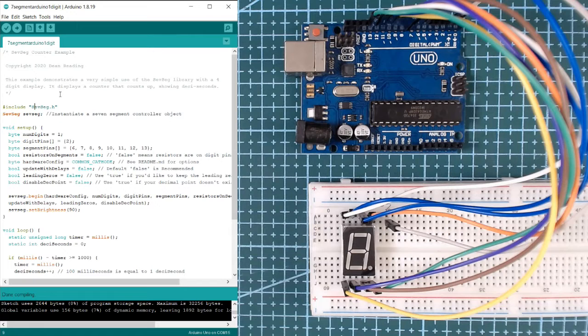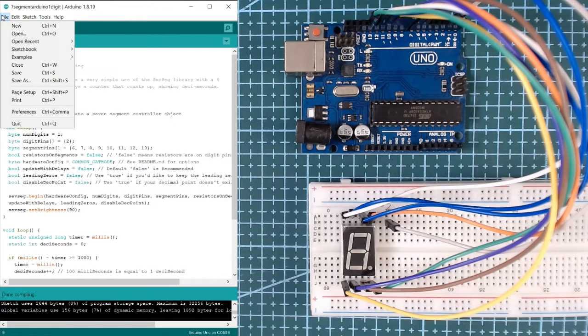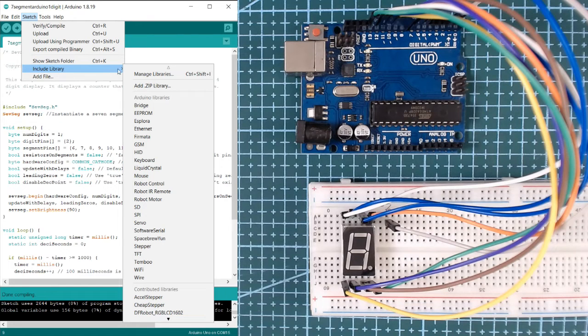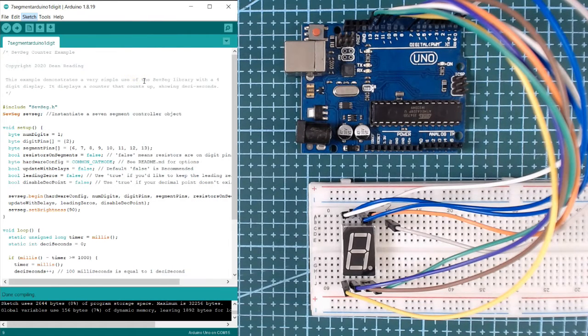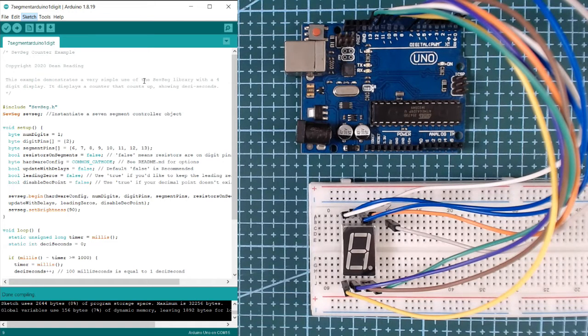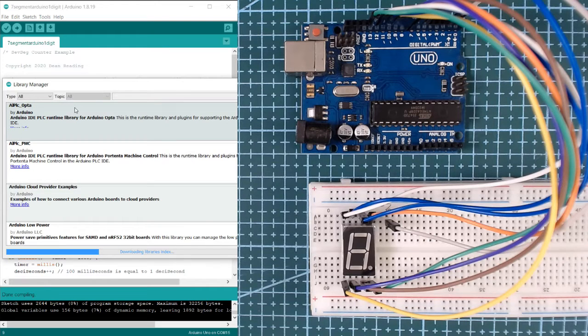To install the library, you have to click on Sketch, Include Library, and then Manage Libraries. This library can control a 1-digit 7-segment display and also the 4-digit 7-segment display.